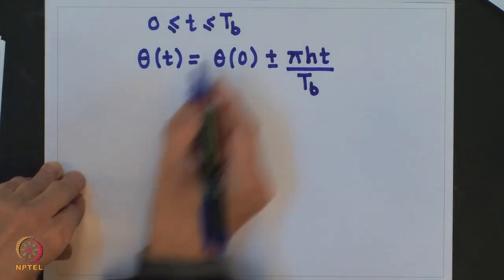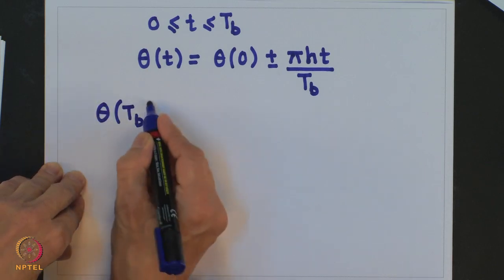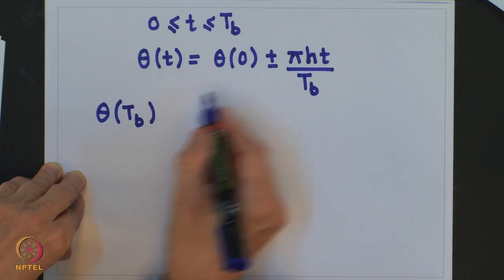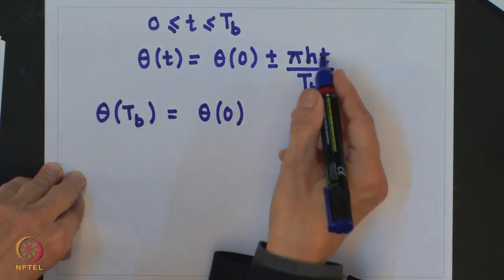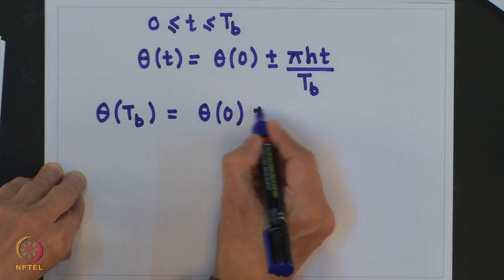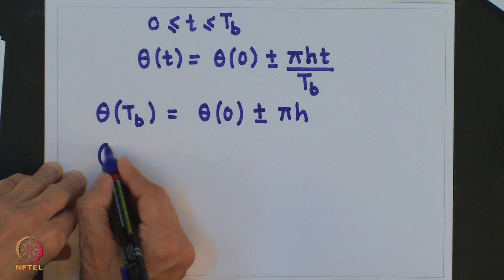So, at t equal to Tb, what I get is plus minus pi h,